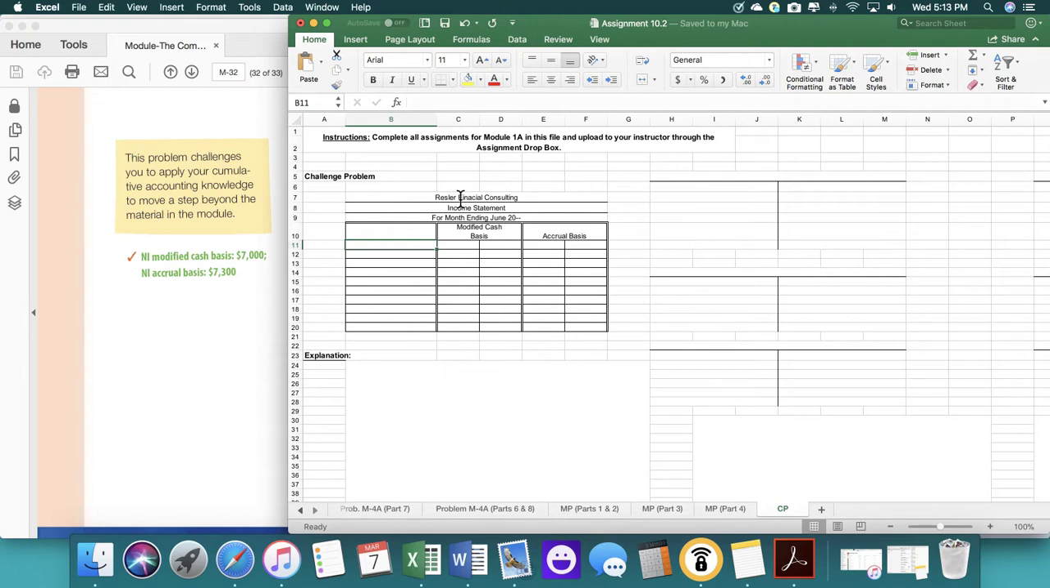So it's going to be set up like our typical income statements. So we have our revenue account, we have our expenses, and that would be supplies expense, wages expense, computer expenses, and then depreciation expense for the computer. Then we're going to have our total expenses,